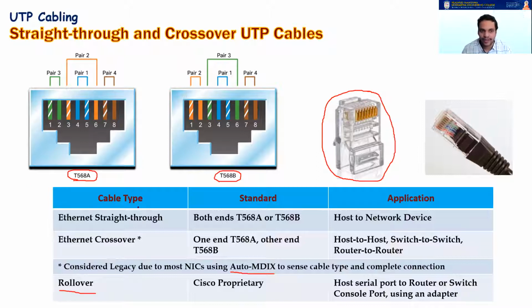So this is how you define which is a straight through cable, or which is a crossover cable. It's completely dependent on how the 8 cables are connected to the 8 pins of your RJ45 connector. If you see, this is only one change. If these 2 are connected to pair 3 here, and the oranges are coming to pair 2 here, this is not much of a difference. It's only a slight difference. And once again, crossover cables have become obsolete simply because of the Auto MDIX feature, which has the ability to sense the cable type and find out which pairs of the cables are used for data transmissions.